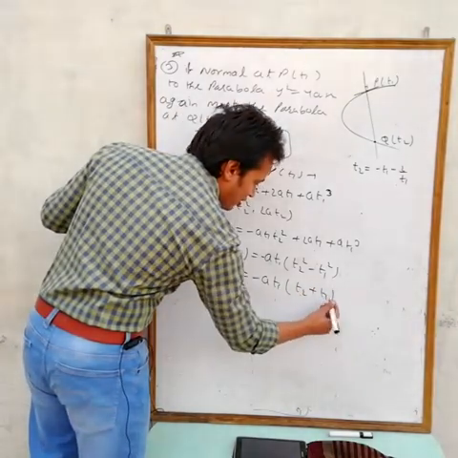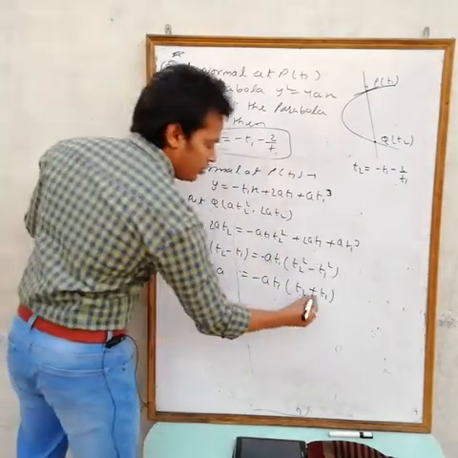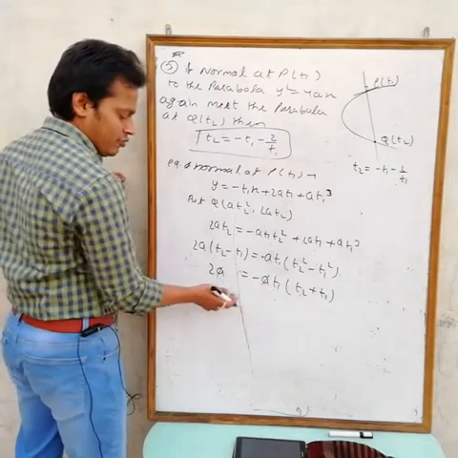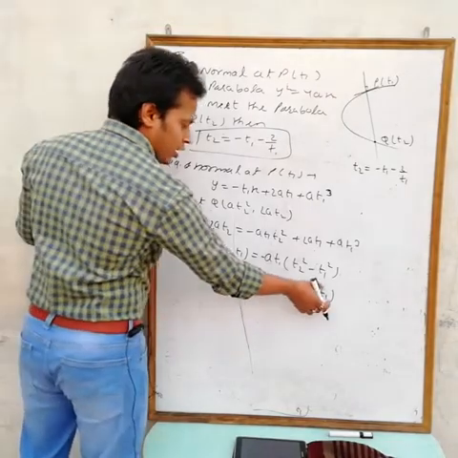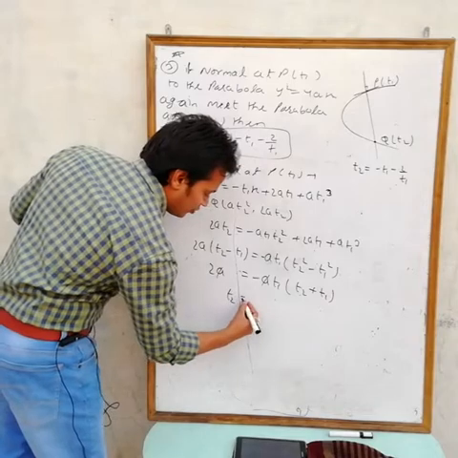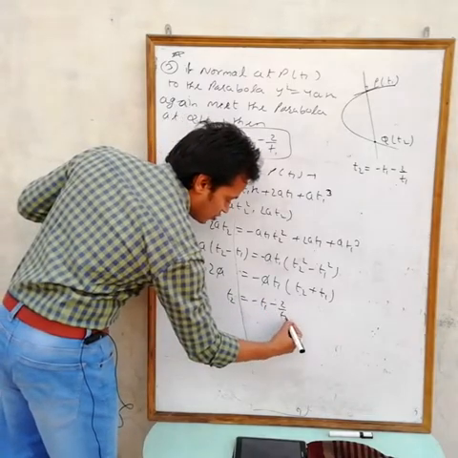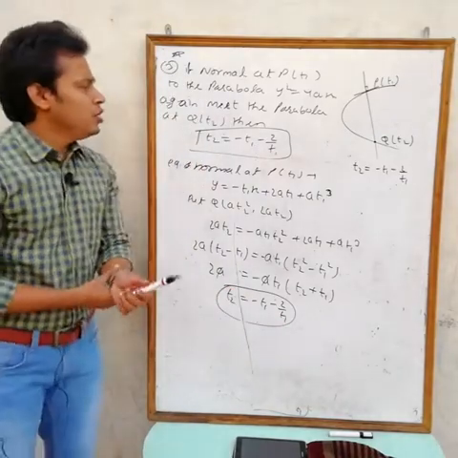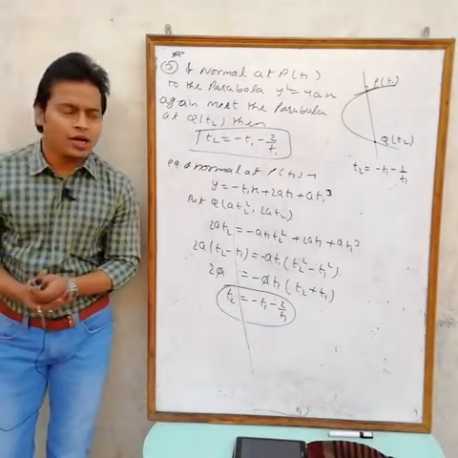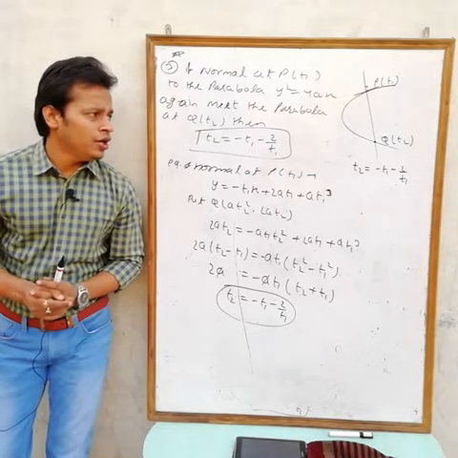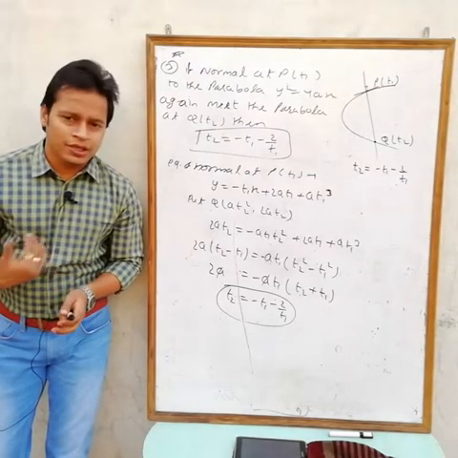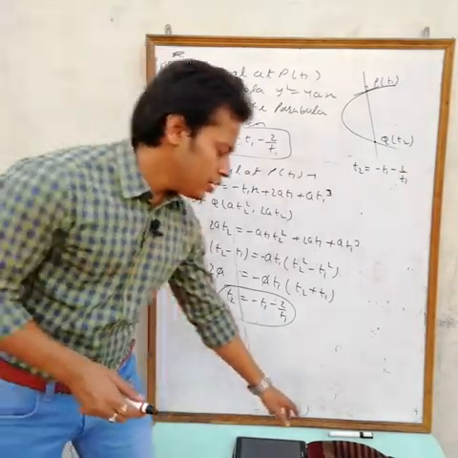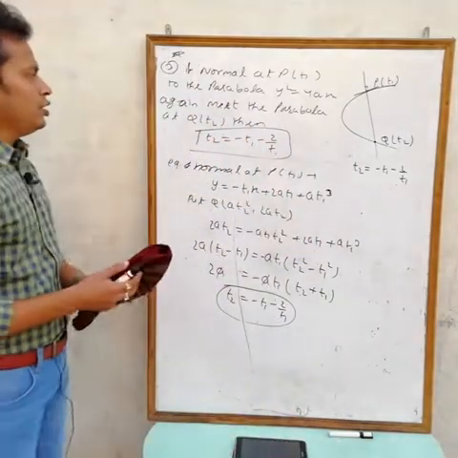What we want is the value of T2 in terms of T1. Okay, then simple. A cancels out. Divide by minus T1, giving minus 2 by T1, and T1 goes to this side. Then we are getting T2 equals minus T1 minus 2 by T1. So if you are drawing the normal at any point T1, which intersects the curve again at T2, then T2 equals minus T1 minus 2 by T1.